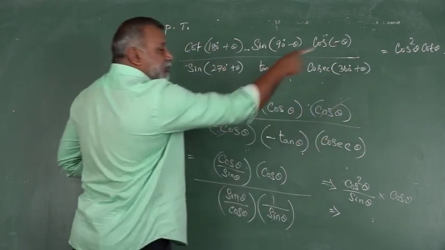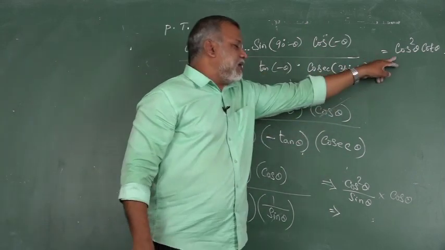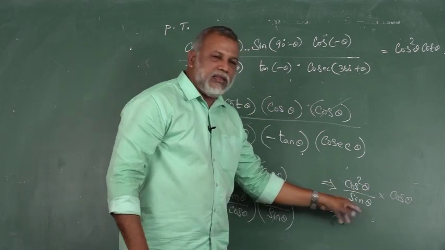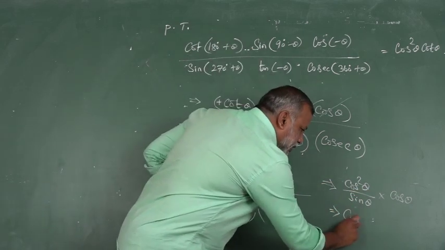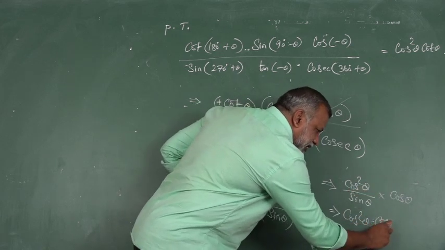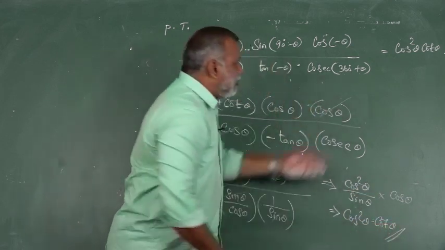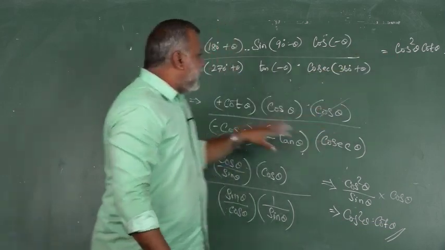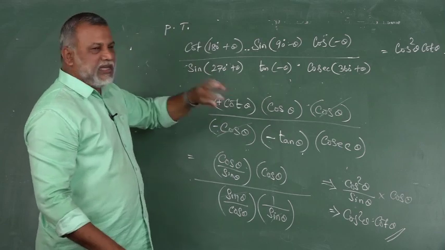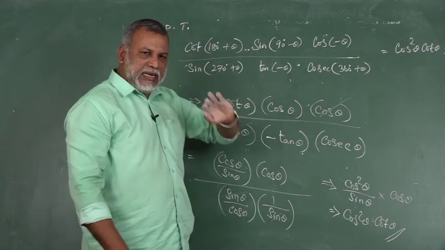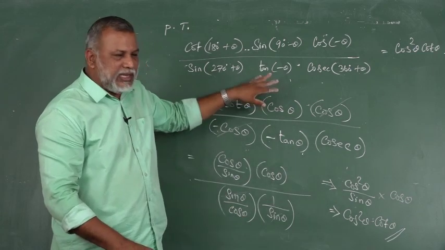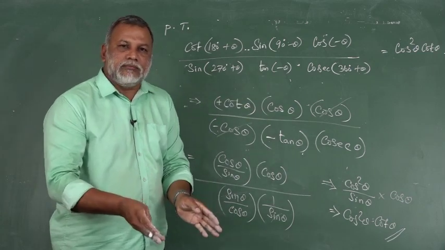We can get cos squared by sin by cos. Now see the proof. Already we have cos squared. Here we derived cos squared. The remaining is cos by sin. That is nothing but cot. Therefore, cos squared theta, this cos by sin can be written in the form of cot theta. We are able to get the proof. So apply the knowledge. Think about 180 and 360. Think about 90 and 270. Use the rule properly. You can get the result for any question. Thank you.